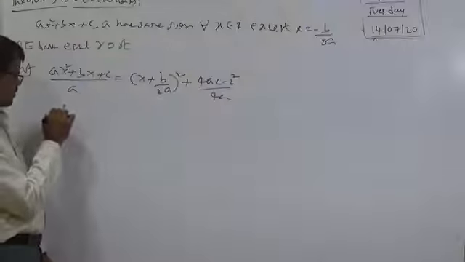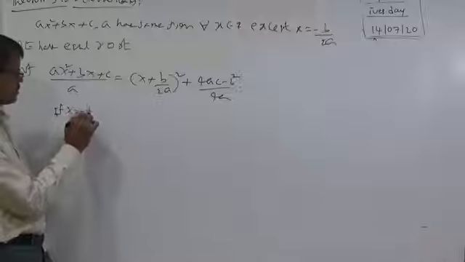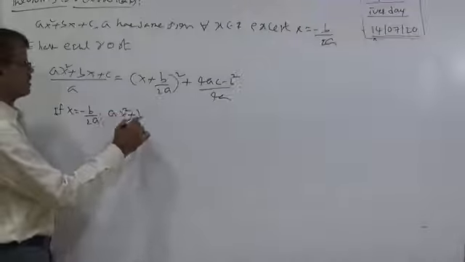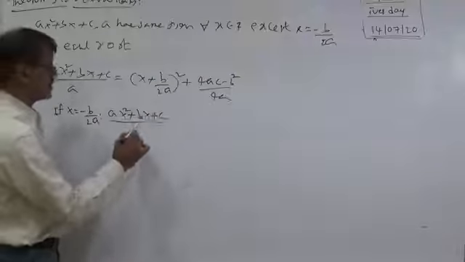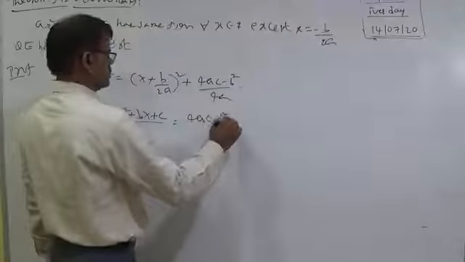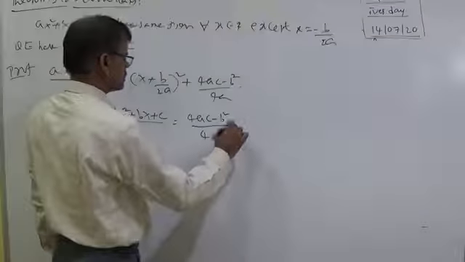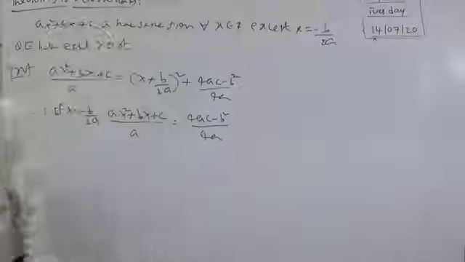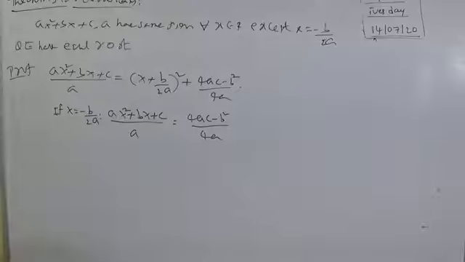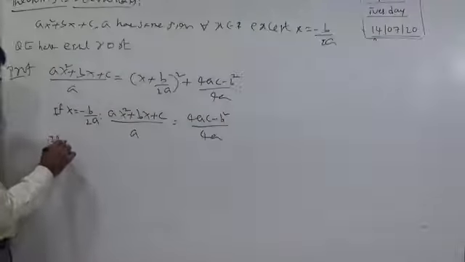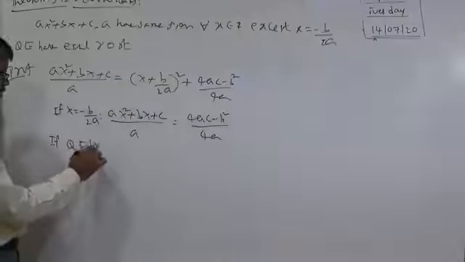If x is equal to minus b by 2a, you can understand here ax square plus bx plus c by a. In that case, I am writing ax square plus bx plus c by a is equal to (4ac minus b square) by 4a. So he is discussing the equal roots concept. So whenever it has equal roots,